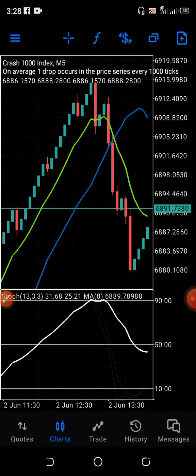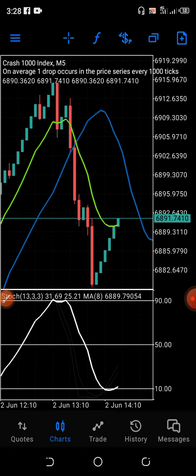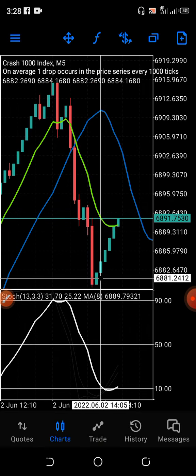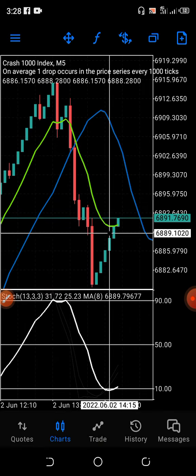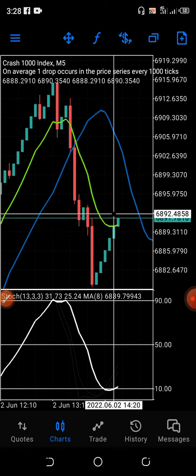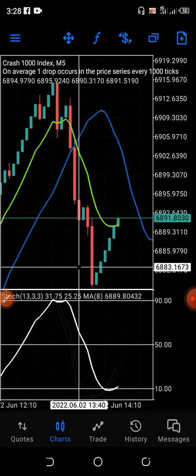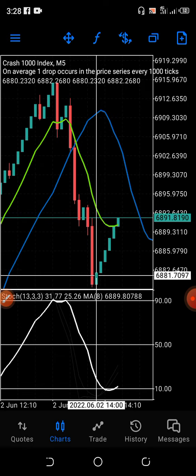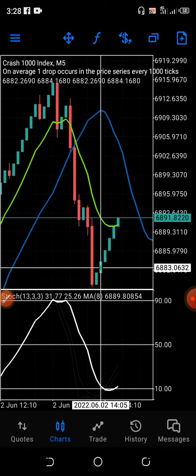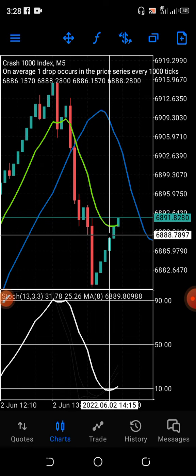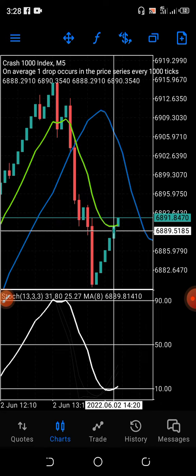Look at it, something is retracing. So what we are seeing there now, 5, 10, 15, 20, 25, 30. Do you see that? And if you manage to take these 5 candles, this one candle here, 1, 2, 3, 4, 5, I know you must have made a lot of money.